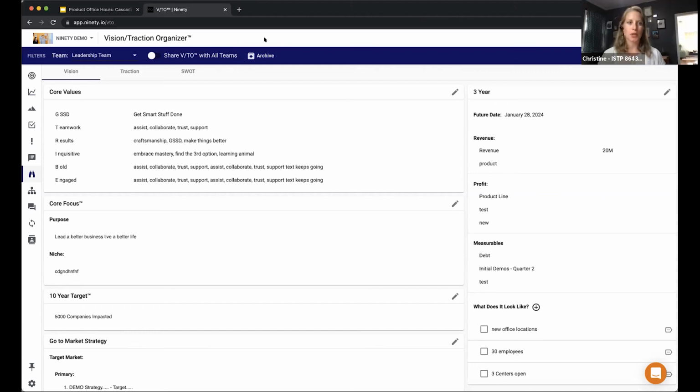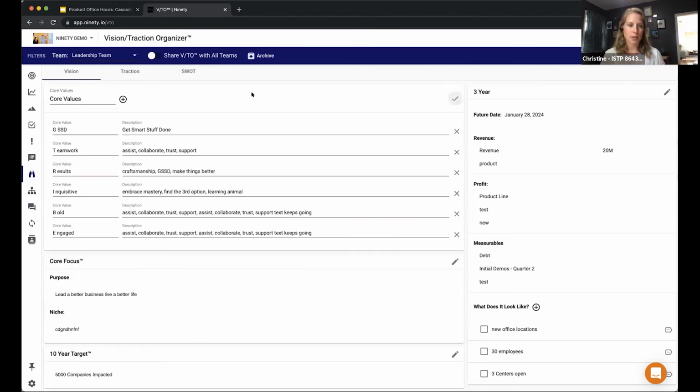Yeah. So if you need help really getting into the weeds and deciding what are my core values, how do I really build this out? I would really encourage you to do that. Once you're at the point where you're running a state of the company, this should all be really fully fleshed out and you're ready to present it to everybody, or just give everybody the refresher quarter to quarter. So core values are right here at the top. Hopefully they're defined in a way so I can come in here and edit them. And you want a description for each one that really gets into the details of, here's how somebody exhibits this